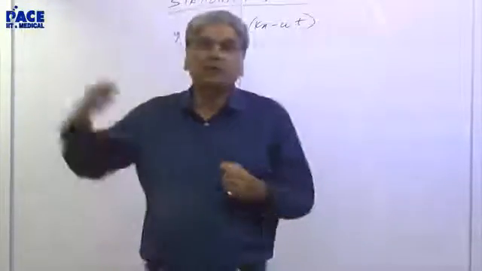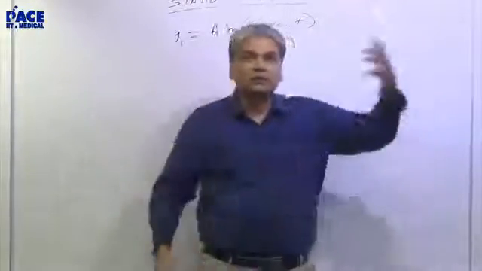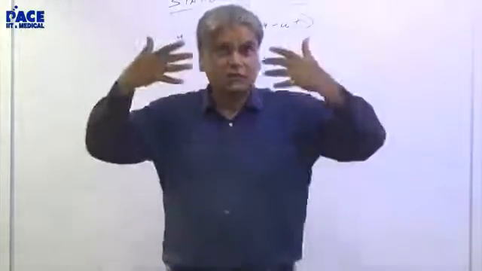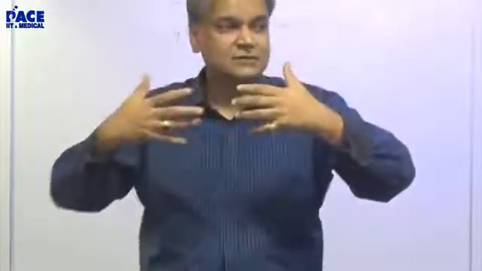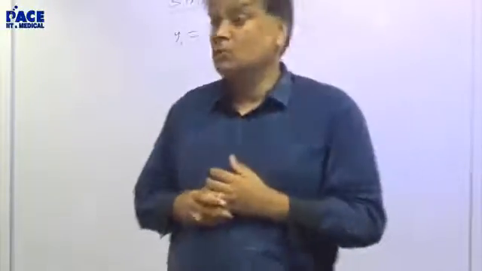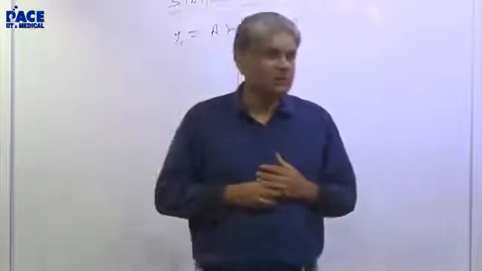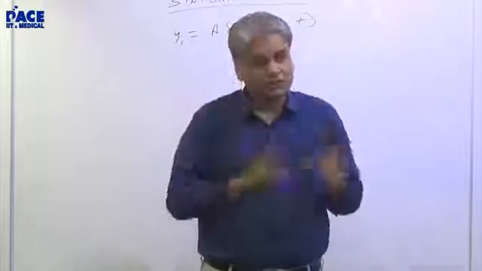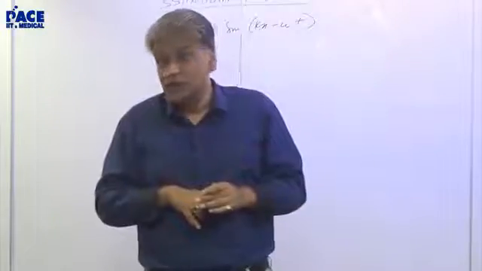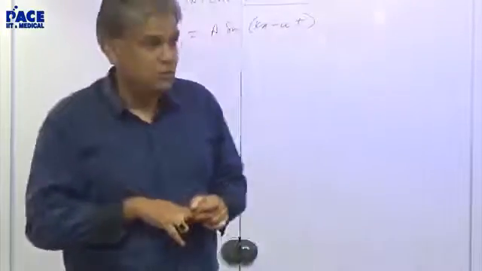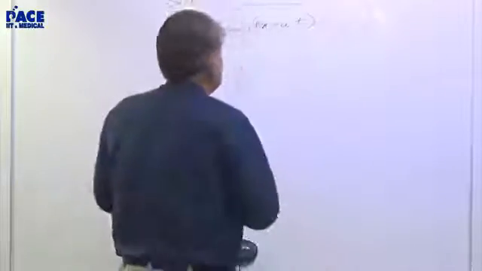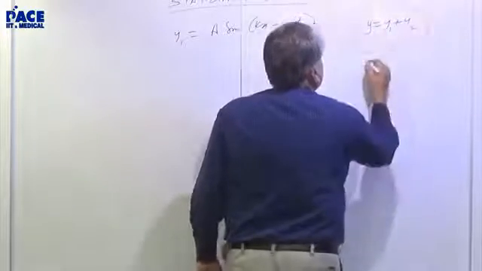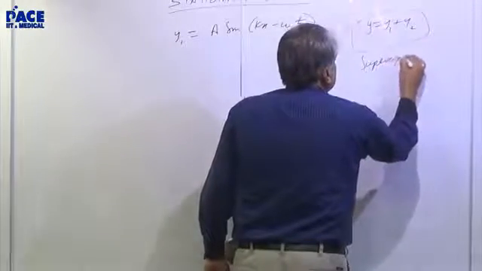So what happens if two waves, if one moves this way and the other moves this way? If two trains come on the same track heading towards each other, they are heading for disaster. They are about to witness a collision. But what if they are wave trains? If they are wave trains, they will simply pass through each other. There is no collision. That's the difference between particle train and wave train. So two waves can coexist at a point, and we give the displacement by y equal to y1 plus y2. This is called the superposition principle.